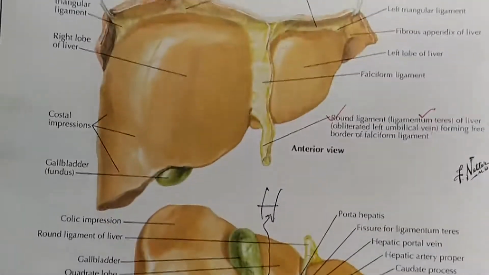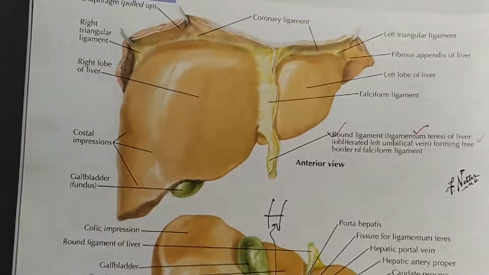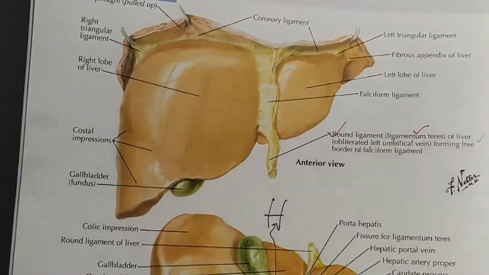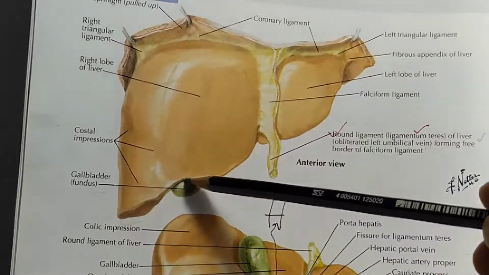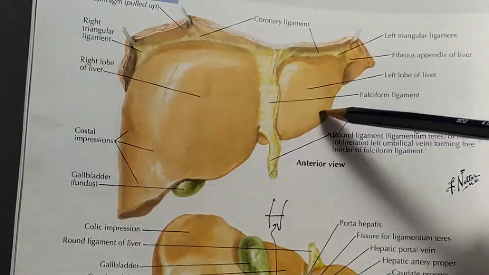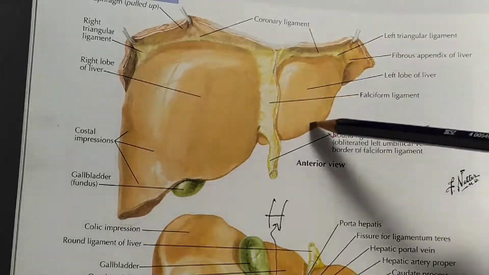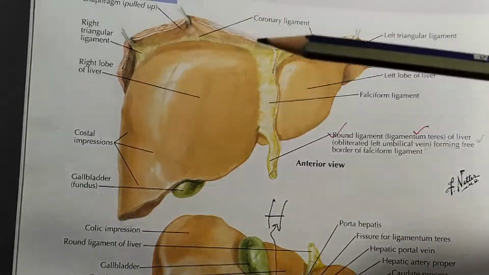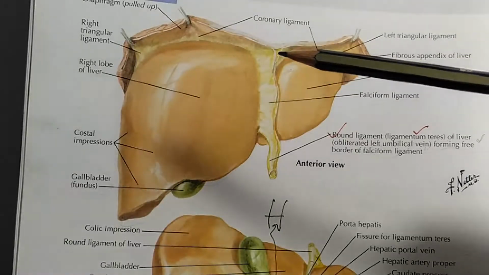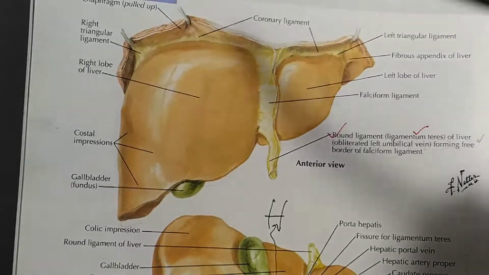Okay, now the borders. There are three borders in the liver. That is, here inferiorly, the sharp inferior border. It is a sharp inferior border. Remember it very clearly. And there are two accessory borders, the posterior superior border and the posterior inferior border. Where are those?